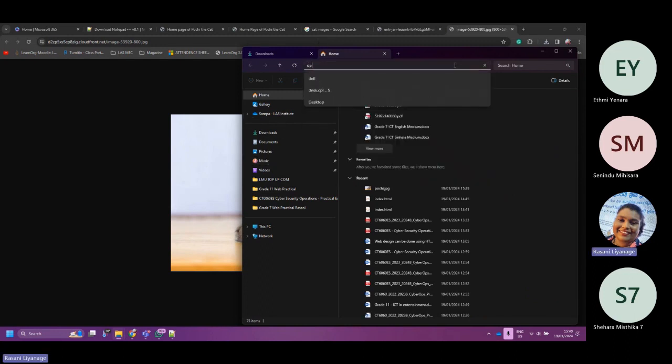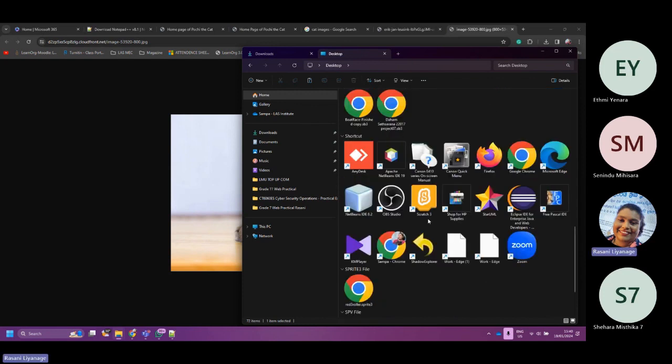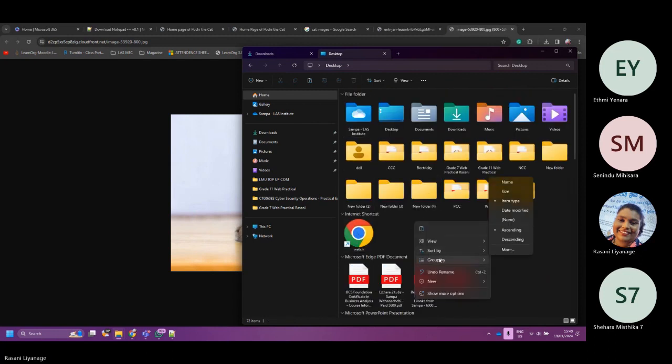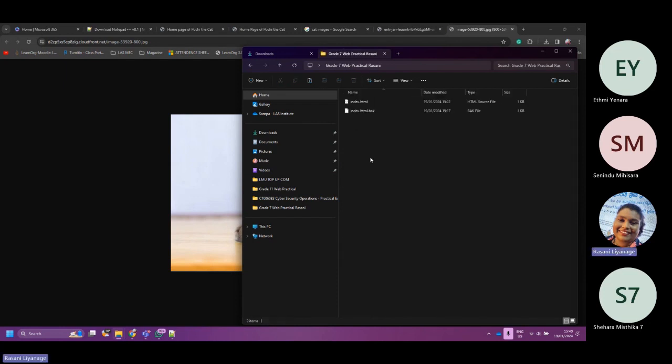Folder means the folder with the web page. On mine, it's on the desktop, Grade 7 web practical. Paste the image over there. Remember the name.